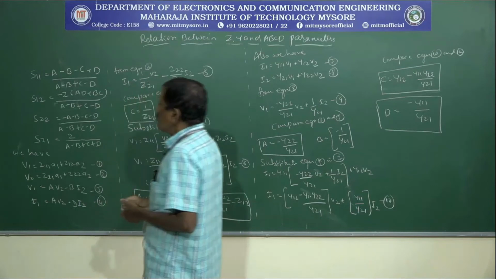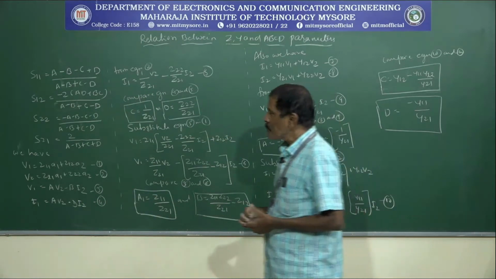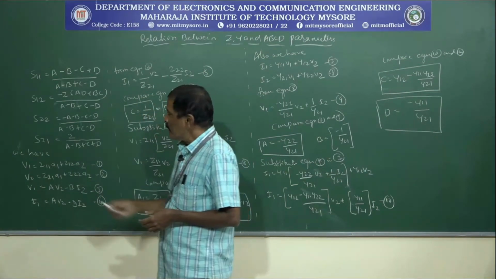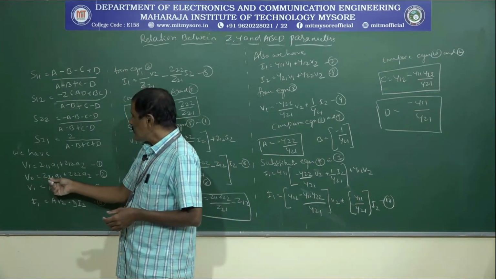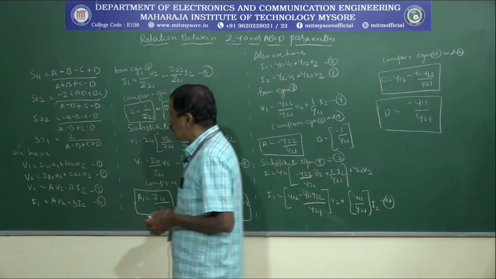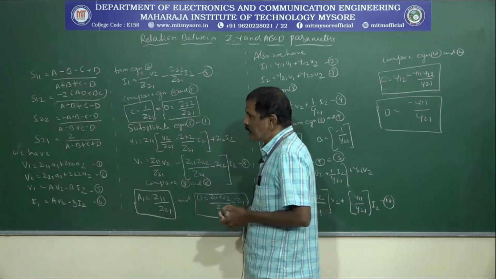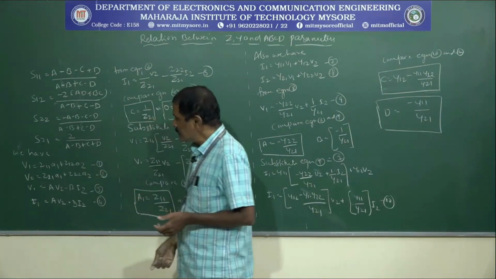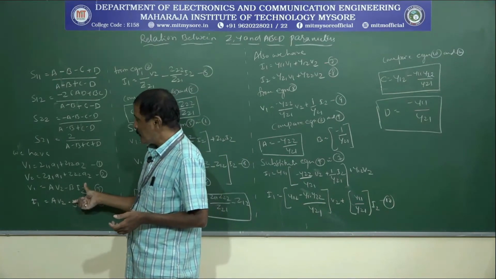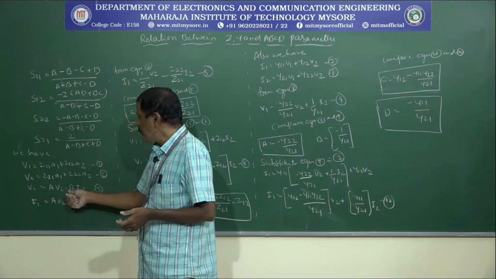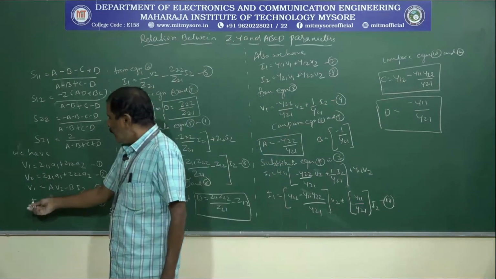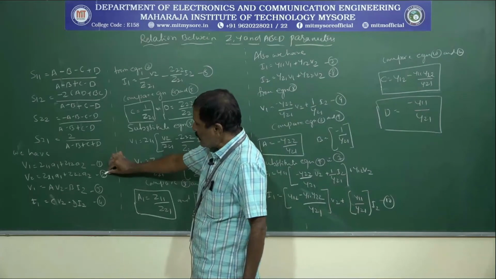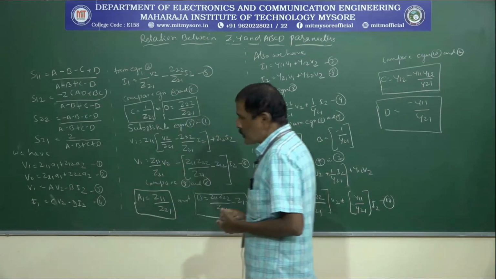Now, we know that B1 equals Z11 into A1 plus Z12 into A2, and B2 equals Z21 into A1 plus Z22 into A2. So this is going to give the relations in terms of the Z parameters. And in terms of ABCD parameters, V1 equals A V2 minus B I2, I1 equals C V2 minus D I2. Call these equations number 1, 2, 3 and 4.